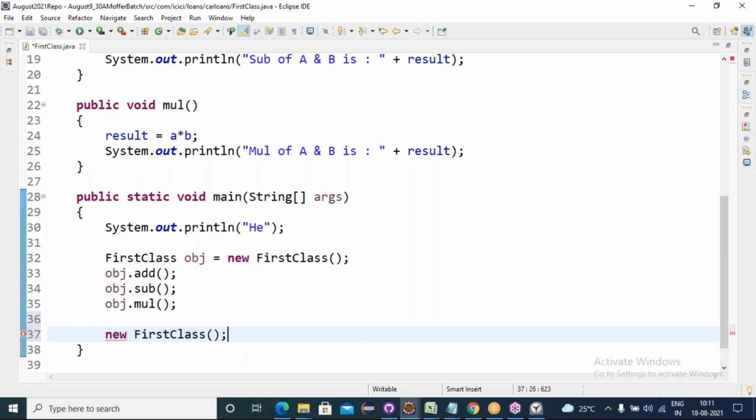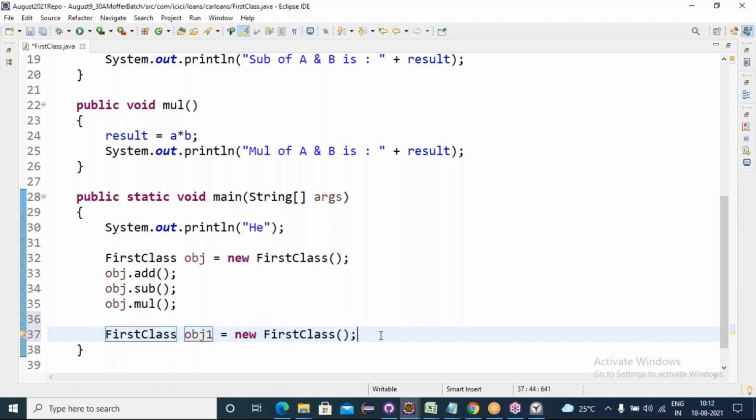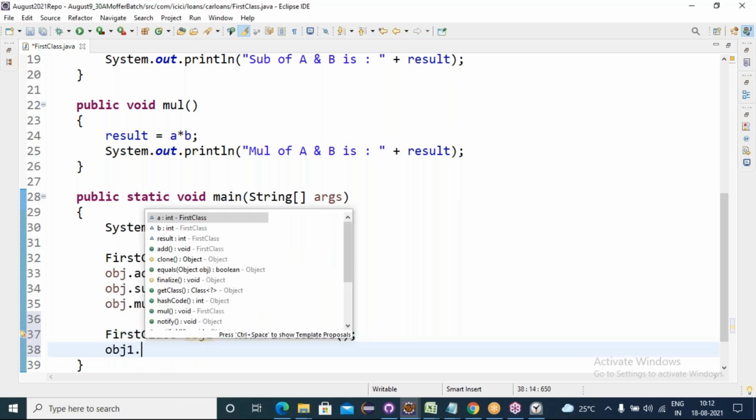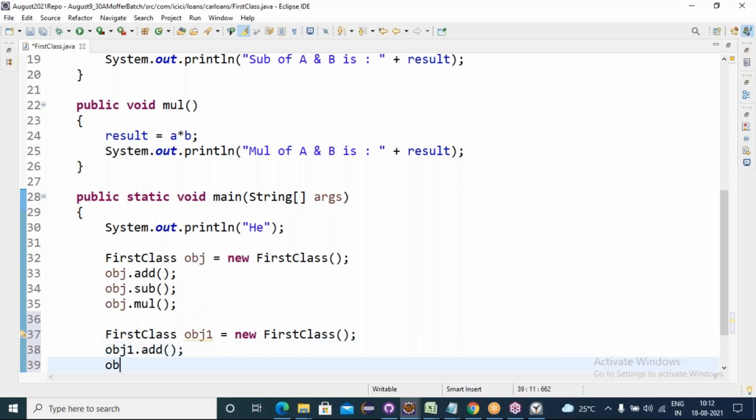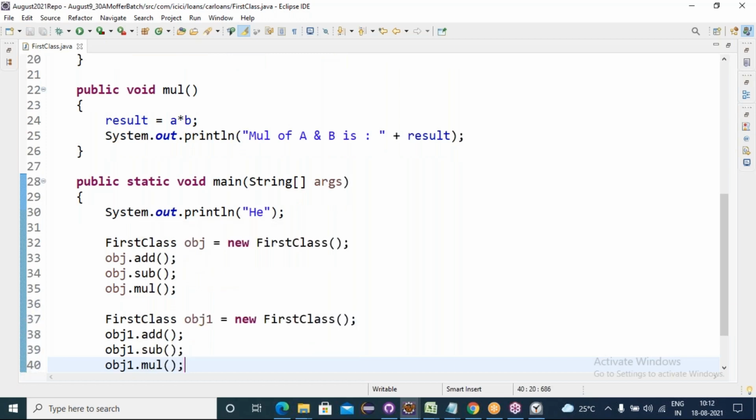A class is a collection of objects. For one class, we can have multiple objects, stored into a variable obj1 of the first class type. So obj1.add, obj1.sub, obj1.multiplication. For one class, we can create n number of class objects.